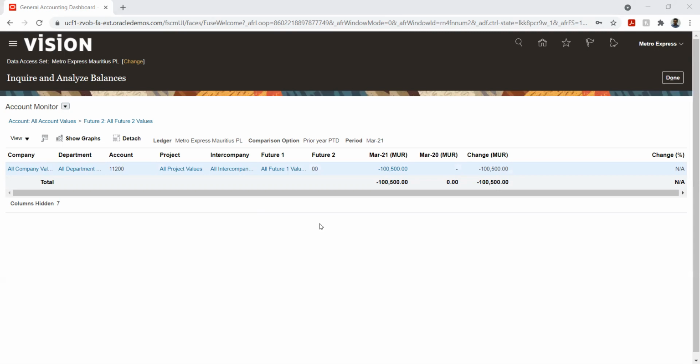Yes, sorry. So the difference between account inspector and account monitor is that both are going to give me the balances of a particular account. Here, account monitor will appear in our dashboard first thing, if I have selected this as a default option. Whereas in the case of account inspector, it is not going to display in my dashboard, but I will have to navigate to a certain page, the account inquiry balances, and from there I will have to give the parameters and then pick up from there.